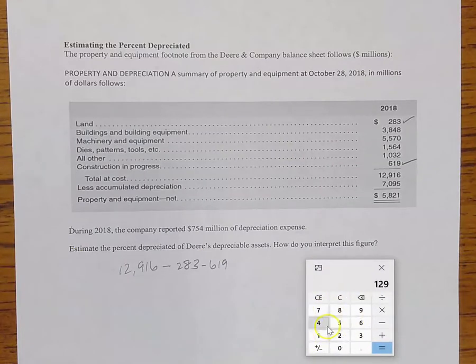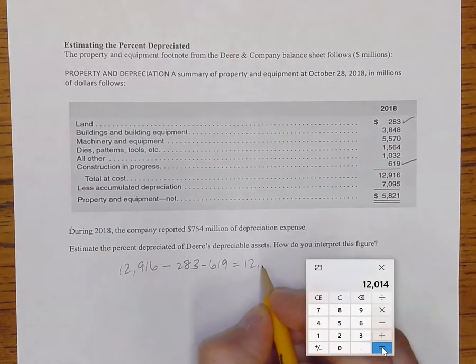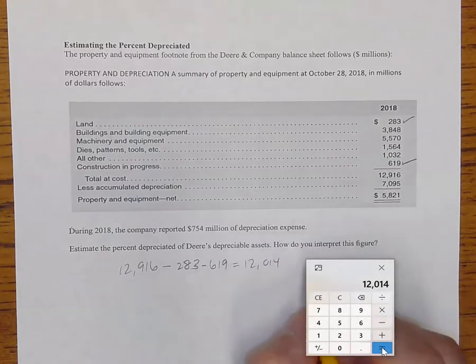So 12,916 minus 283 minus 619 equals 12,014. And then we can just say, okay,